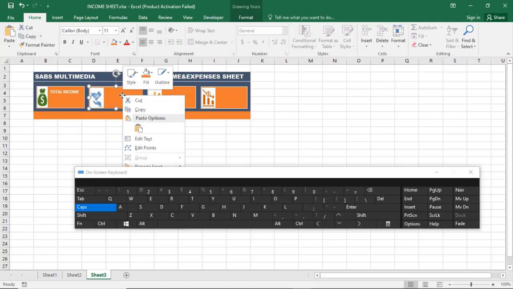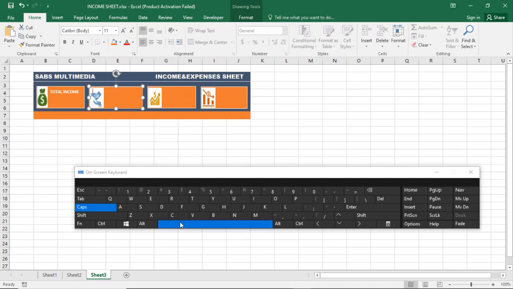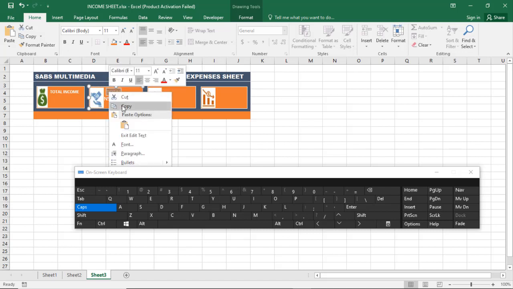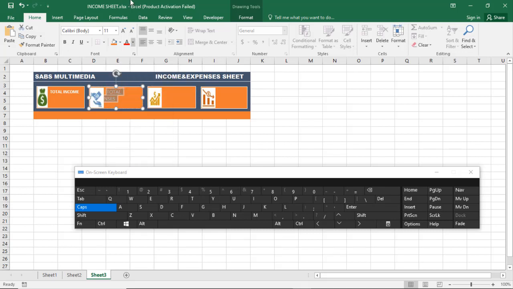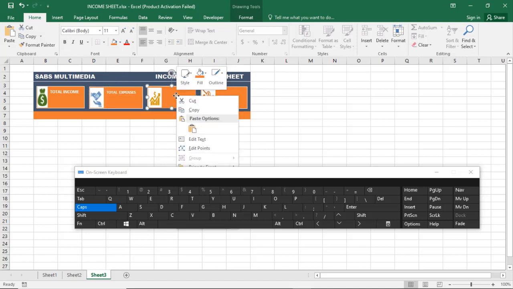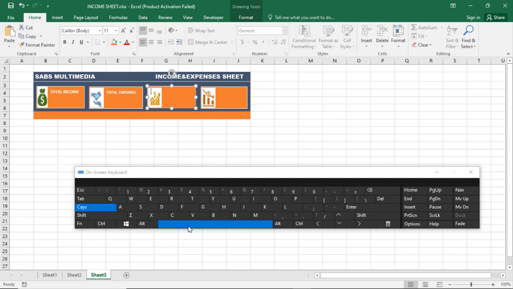Then we come here, we right click, you go to edit text, then that place will also be total expenses. So total expenses. Alright, let me copy the total so that I will be repeating it. Okay, in the same way, you adjust, decrease the font size, what have you, so that you can have it nicely. Now you come here, right click, edit text, then that place will be total